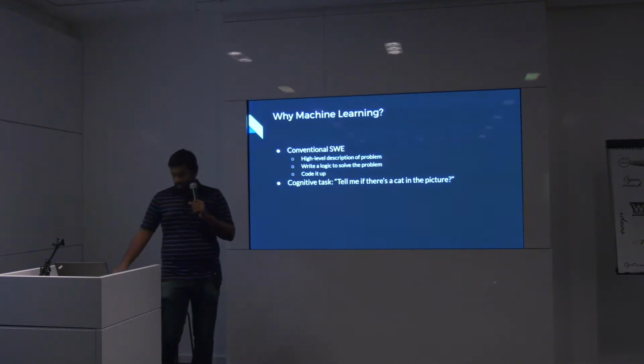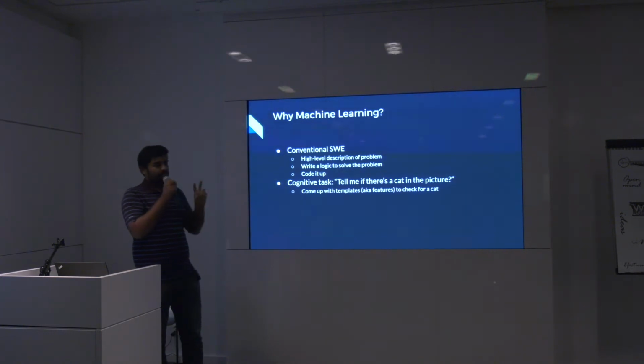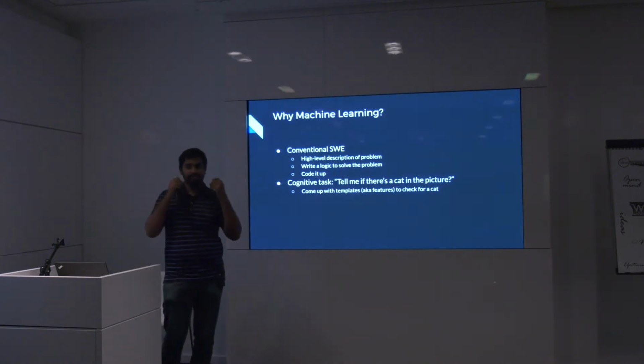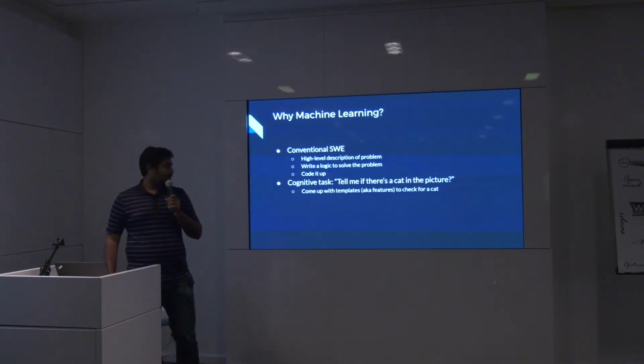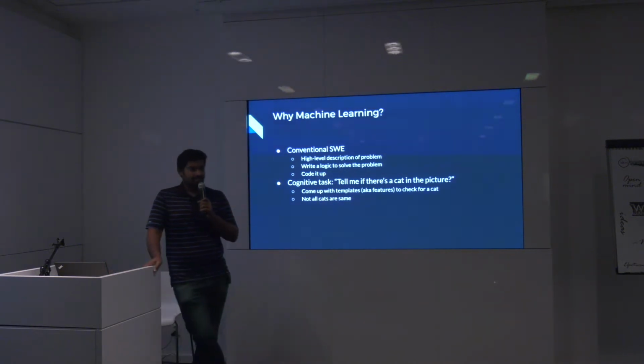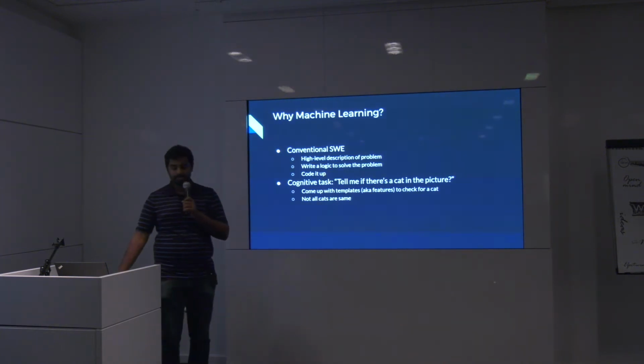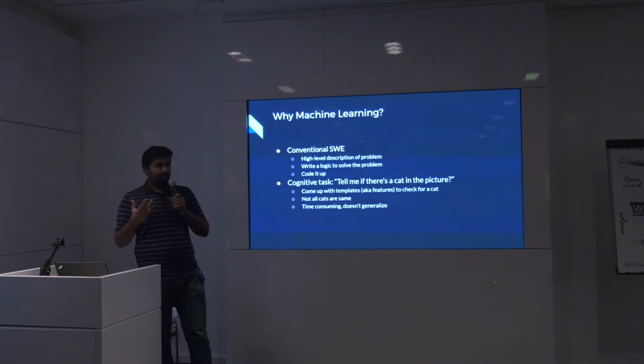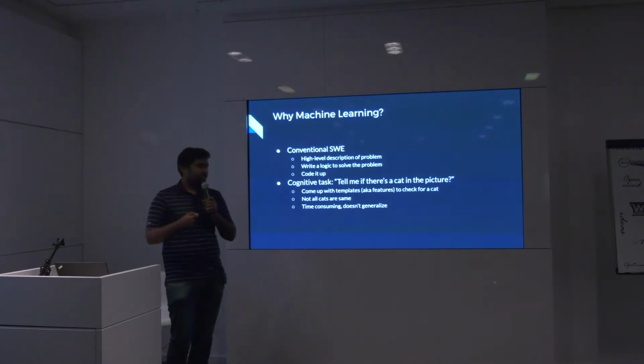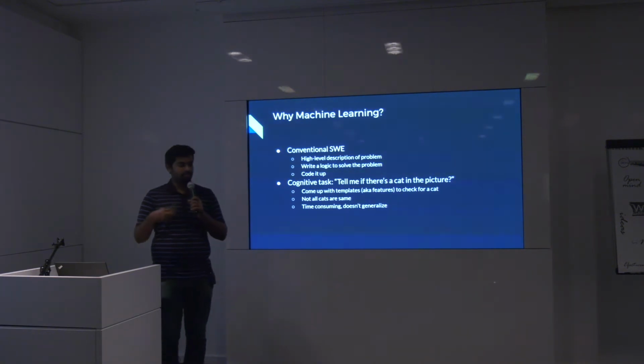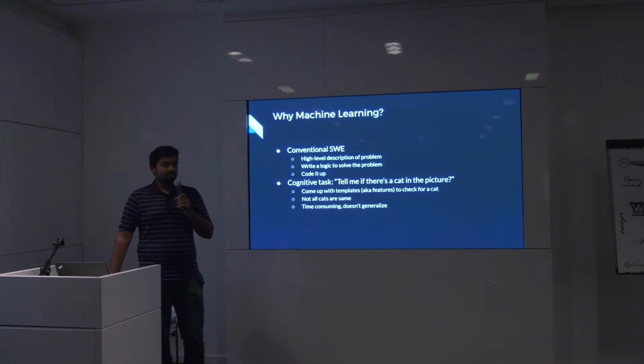if you want to do that, then you could do something like templates. You can say, OK, a cat has whiskers, a cat has ears, and then you can try matching those templates with images. But the problem is not all cats are the same, and depending upon which angle you take the photo from, the cat face is going to change as well. So if you want to build templates like this, then you have to consider each case, each species of cat, and you need to create these templates one by one. And that's not going to generalize, because the moment there comes a new photo of a cat, I don't know, from top, your model's not going to work.